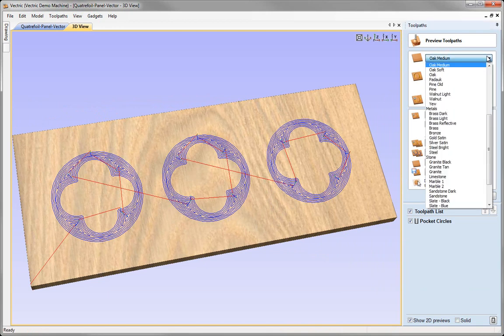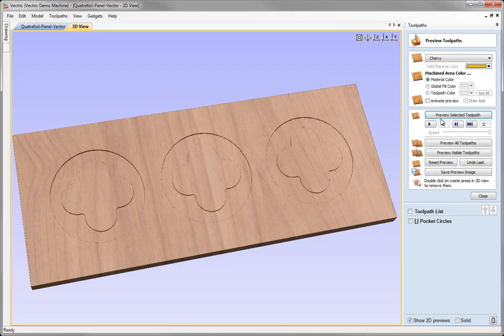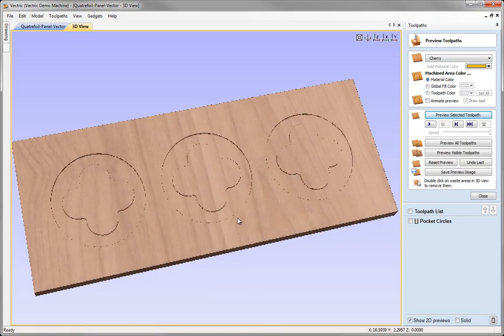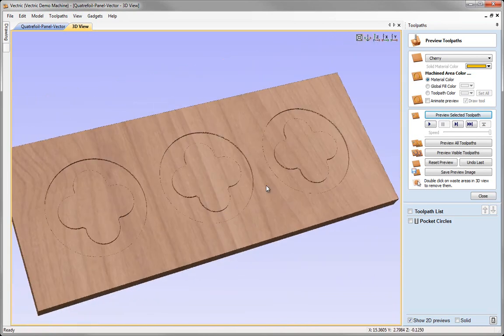If we want, we can change the material that we're previewing this in. We've automatically gone into the preview section after we calculated the toolpath there, and maybe we'll change this to be cherry. Now I'm going to uncheck the animate preview so that this just runs as fast as possible. I'm just really interested in the end result, and click on the button to preview selected toolpath. We can see there that's run through and just created 3 simple shallow pockets to hog out the top part